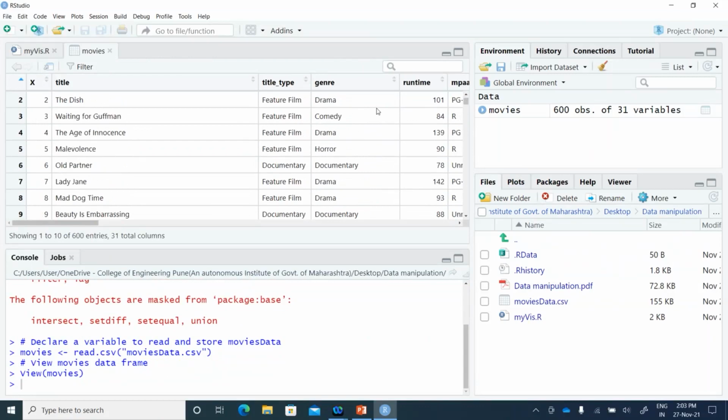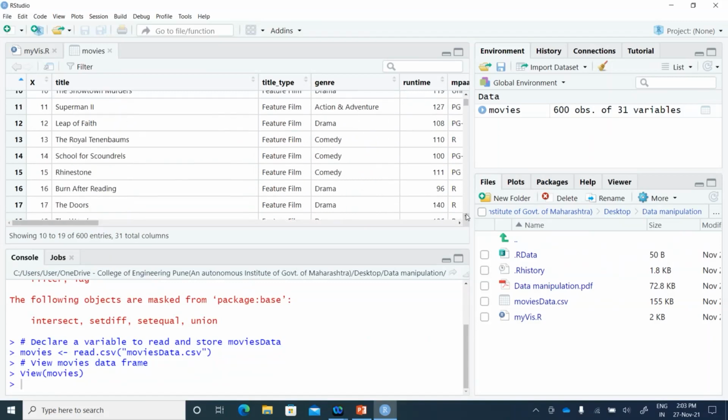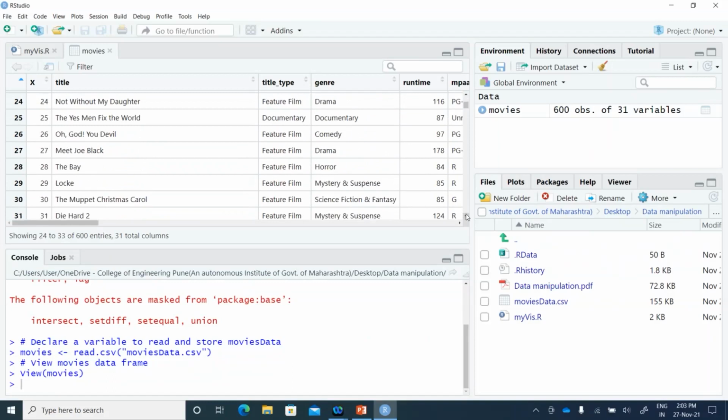It could be drama, comedy, horror, documentary. Then there are action and adventure. Sci-fi is also there, I think. Yes, mystery and suspense, science fiction and fantasy.